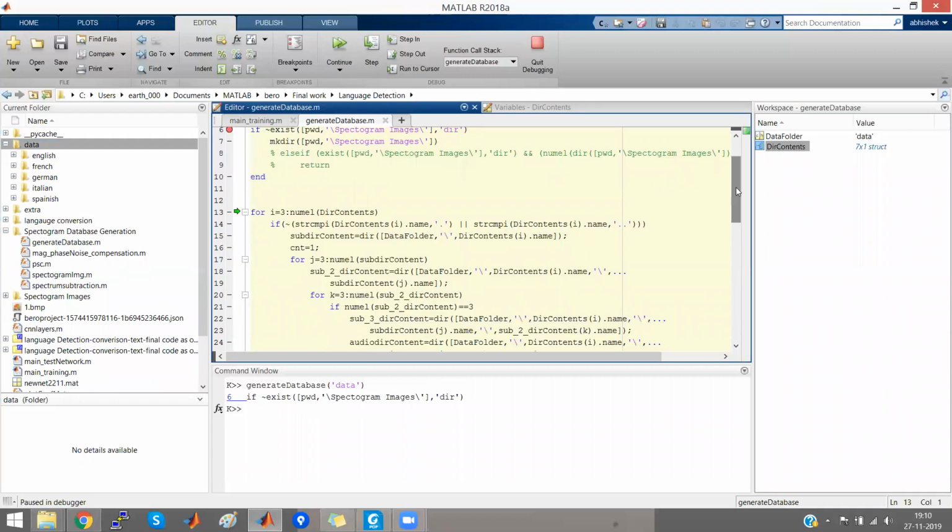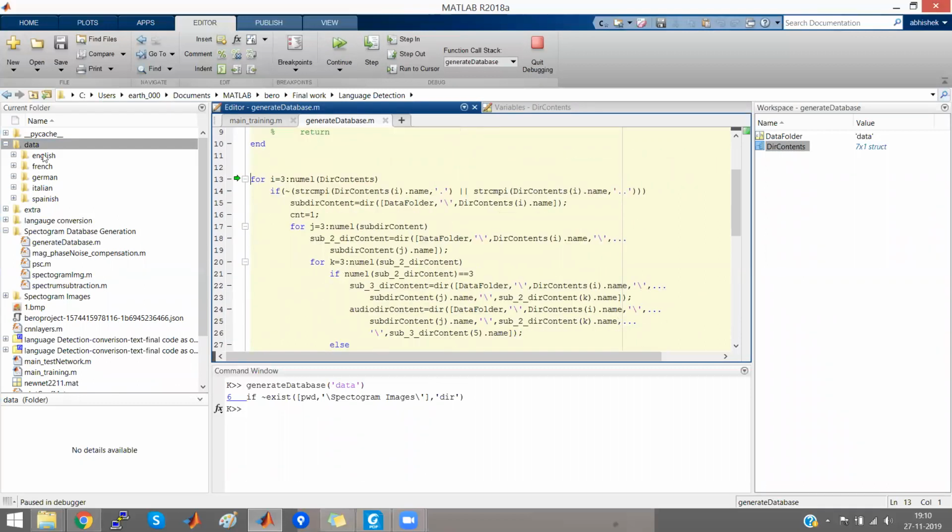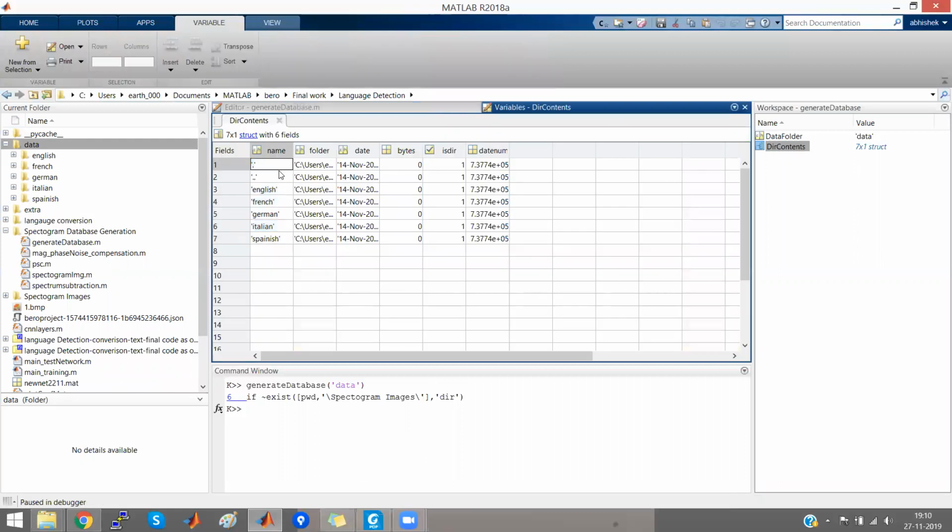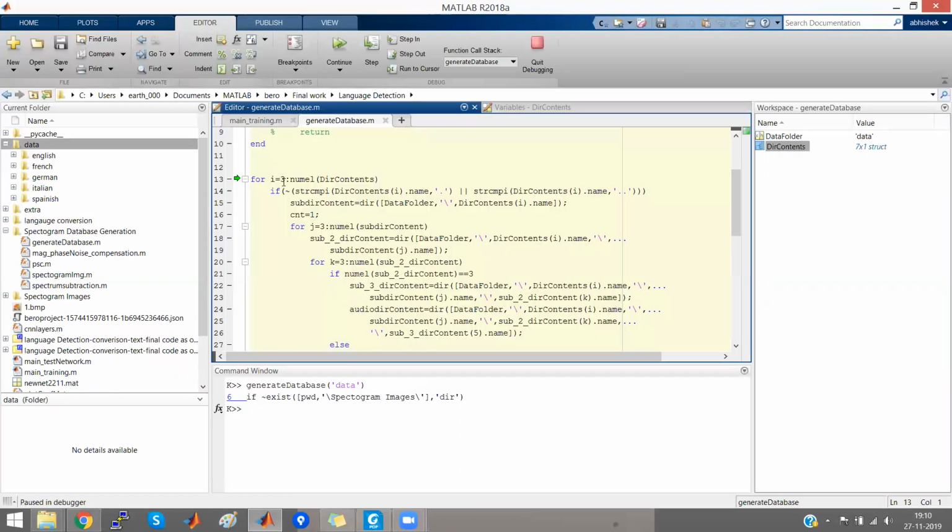Now, one by one, we will read the directories in the data. Since the first two are garbage values, we will start reading from the third row. As you can see, we are reading from the third row, and we are just skipping any other garbage value if there is any.